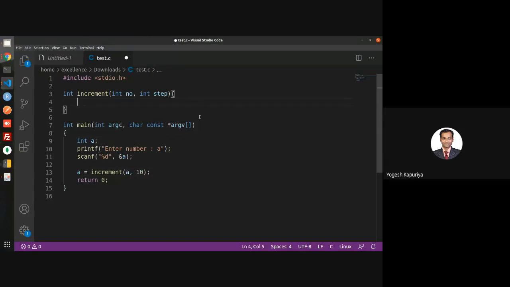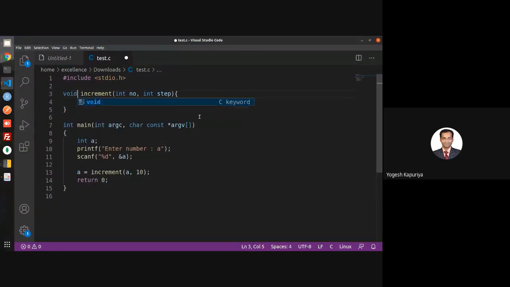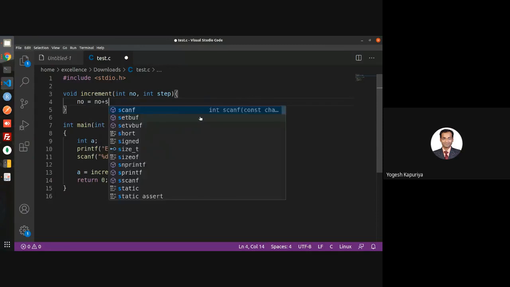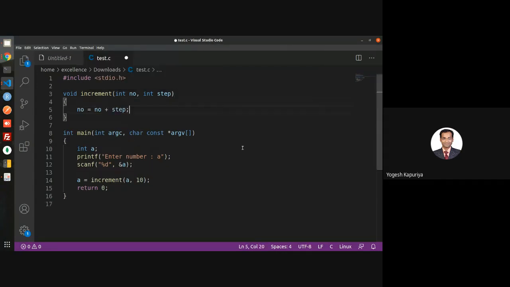Now, what I will do is increment the number. So ideally, what I have done is I have created one function.